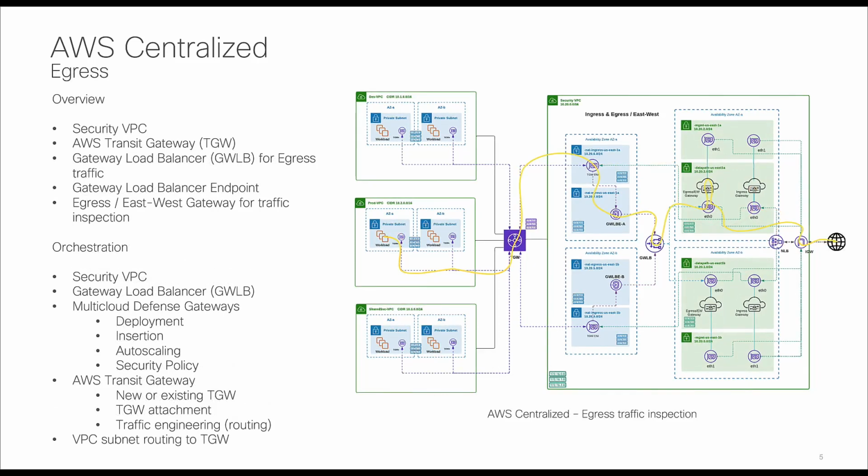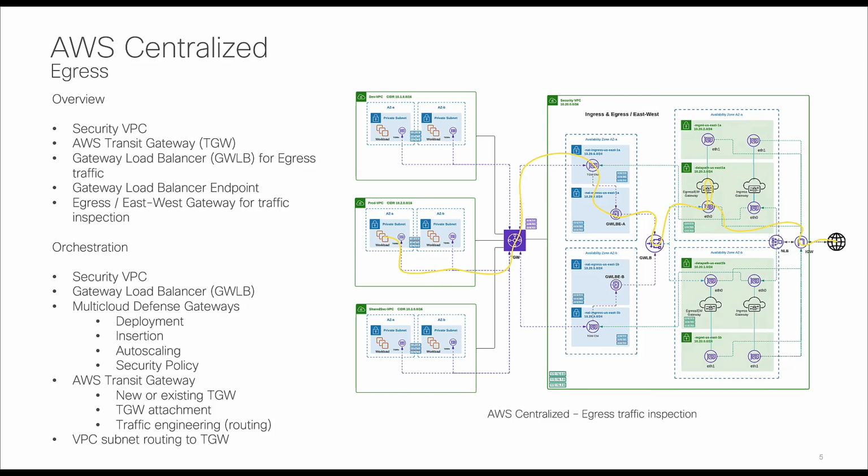The other type of use case is egress use case. Similar kind of architecture, but since it is egress use case, traffic is initiated from the application in the application VPC. We forward this traffic to transit gateway. Transit gateway then uses the VPC attachment going back to security VPC, and instead of sending it to the gateway straight away, we send it to gateway load balancer endpoint, and gateway load balancer endpoint has gateway load balancer inside the security VPC, and on the other side of the gateway, we have our egress gateways. Now there is a Geneve running between the gateway load balancer and our egress gateways, and we use egress gateways